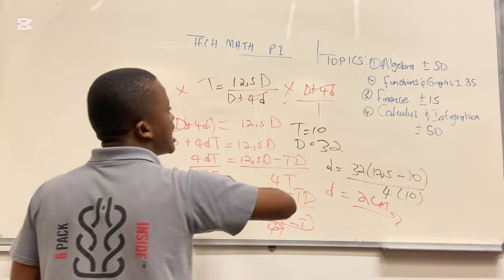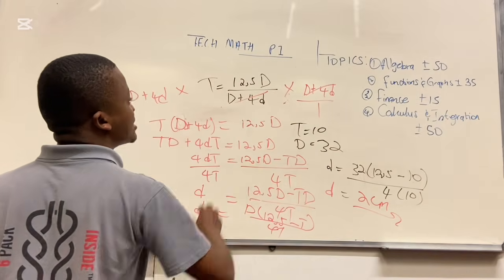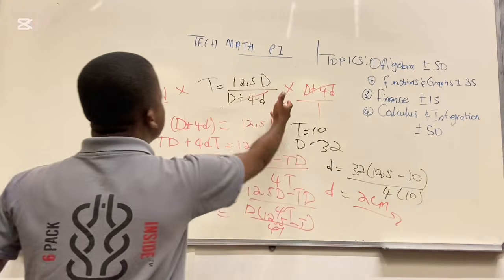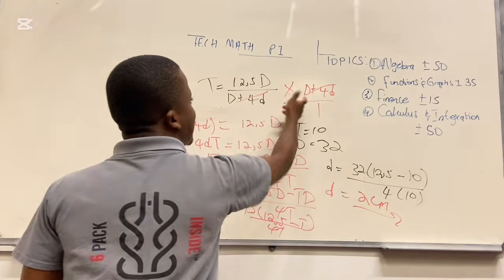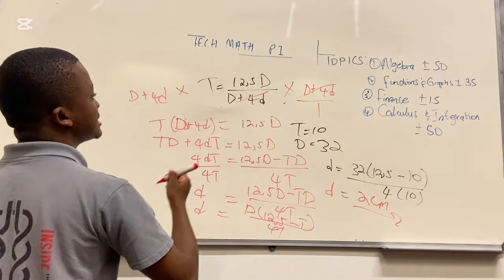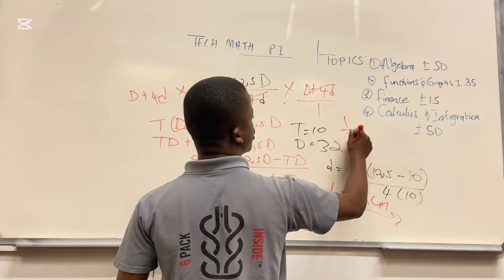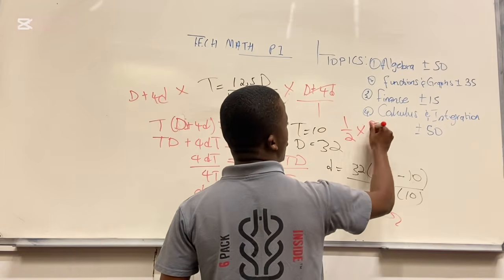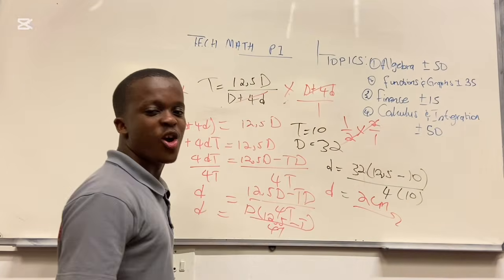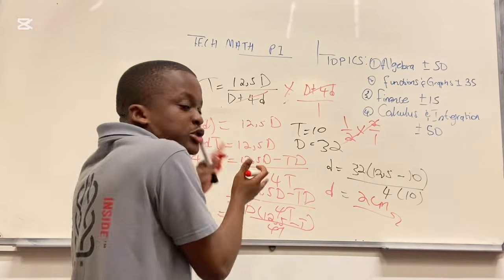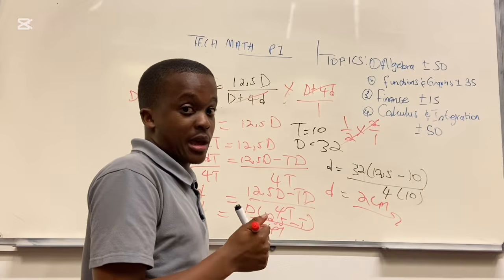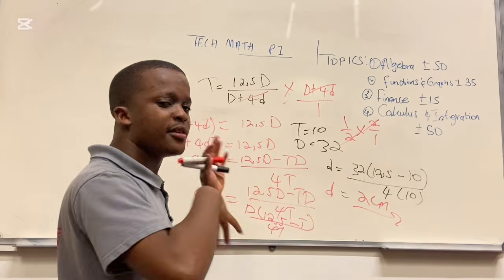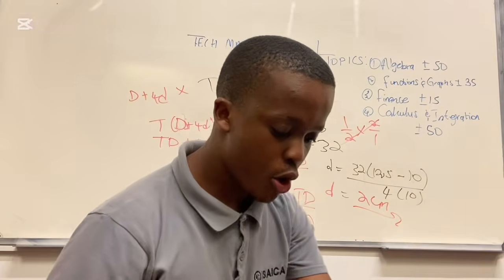We use maths to multiply. Because division, what is the inverse of division? It is multiplication. We multiply both sides. This cancels this. Because this is like saying 1 over 2. What is the multiplicative inverse of 2? It is 2 over 1. This cancels this. So it's very, very important. You just use your basic maths here. Don't worry, guys.